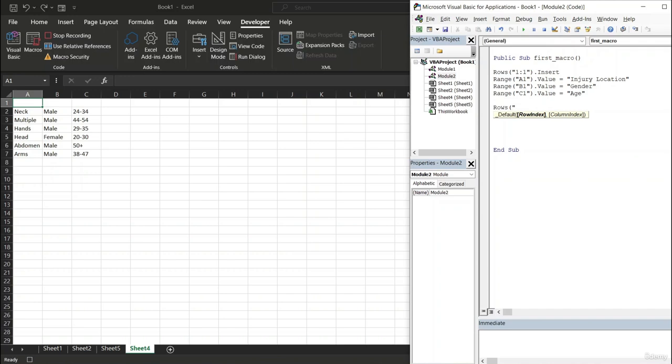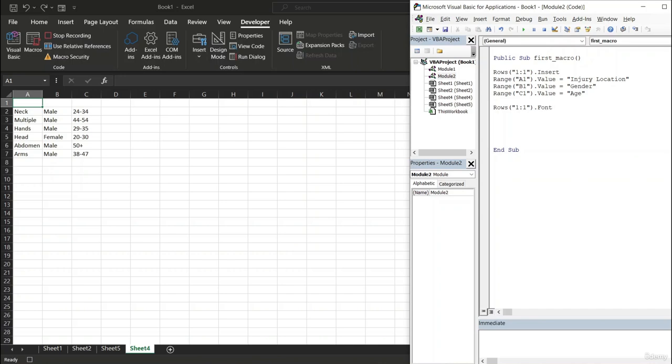Now the double quotation mark is pretty important. If you don't add the double quotation mark, it won't run. Now I'm going to type in 1:1, and then close the double quotation mark and close parenthesis, and then